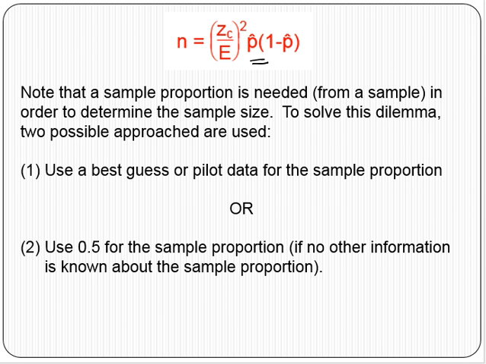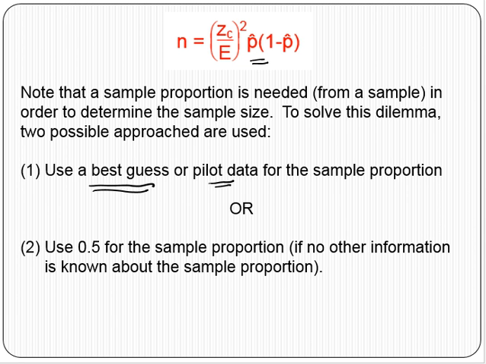So in other words, note that a sample proportion is needed to determine the appropriate sample size. Now, how do you get out of that dilemma? There's two ways. The first way is you use a best guess. And that best guess may be drawn from old samples. It may be a sort of gut feeling, or it might be drawn from pilot data. So you could use a best guess and plug that in for p hat and calculate your sample size. Or, and this is called the conservative approach,